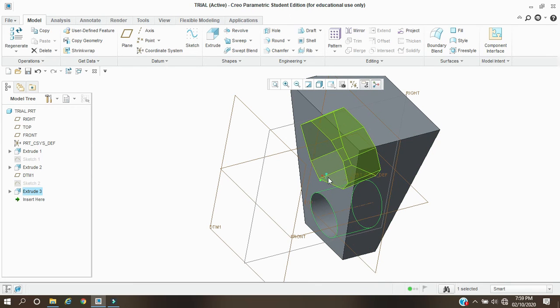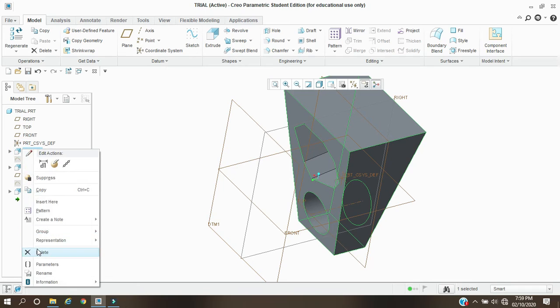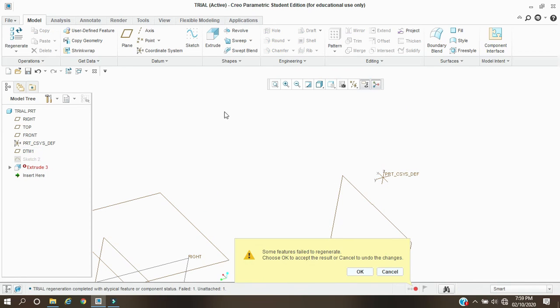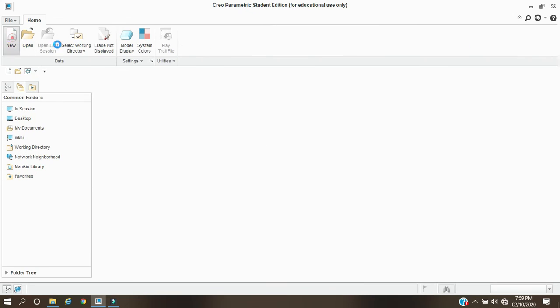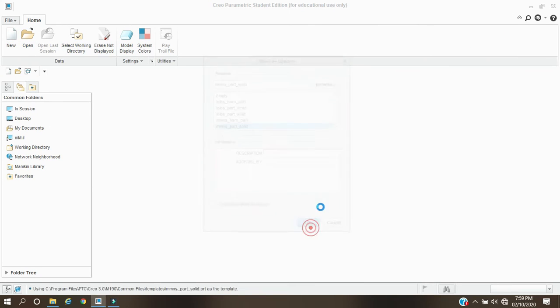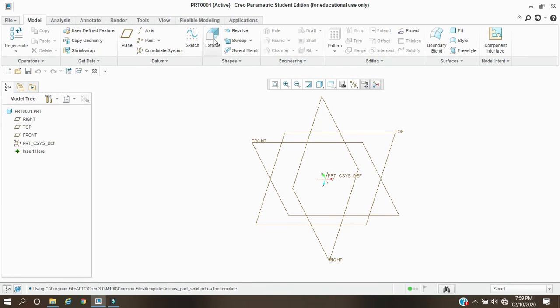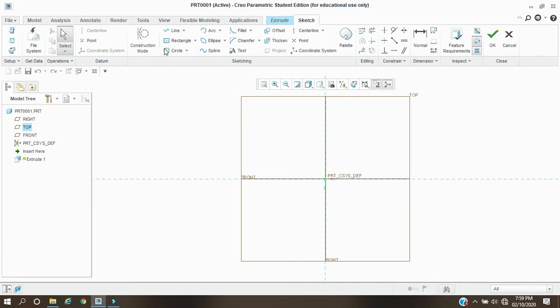So the sketching plane is closed, so we'll see the surface extrude. In surface extrude, open or closed sketch both are possible.